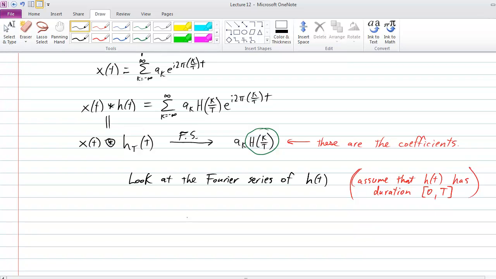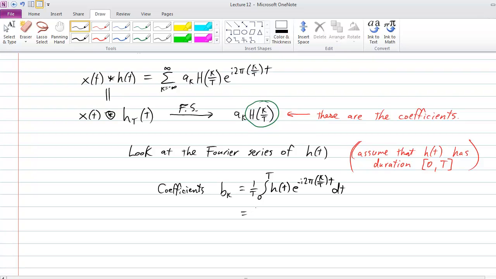And that means that the coefficients, I don't want to use a for the coefficients, so I'm going to say b sub k equals 1 over T, the integral of h of t e to the minus i 2 pi k over T t dt, and that happens to equal,